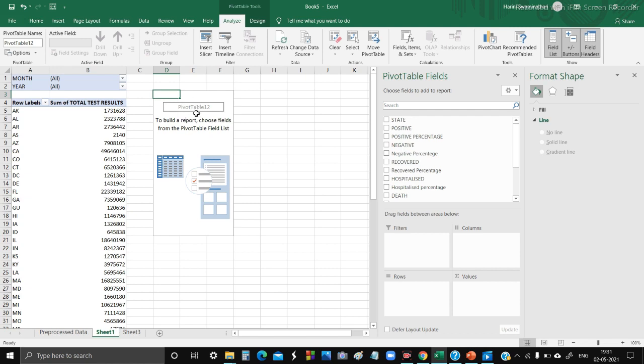So we are dragging and dropping state to rows, positive to values, year and month to filters as we did earlier.